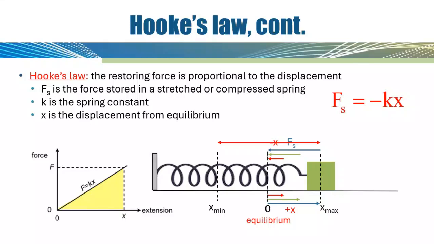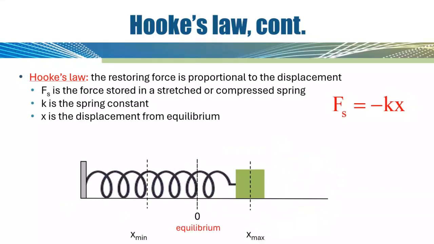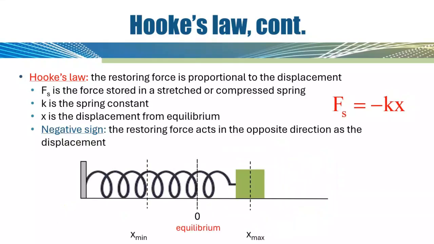And since I pulled it 10 centimeters to the right of equilibrium, it will also move 10 centimeters to the left of equilibrium. Next, let's look at the negative sign. The negative sign tells us that the restoring force always acts in the opposite direction as the displacement. Note that if I pull the block in the positive x direction, the restoring force acts in the negative x